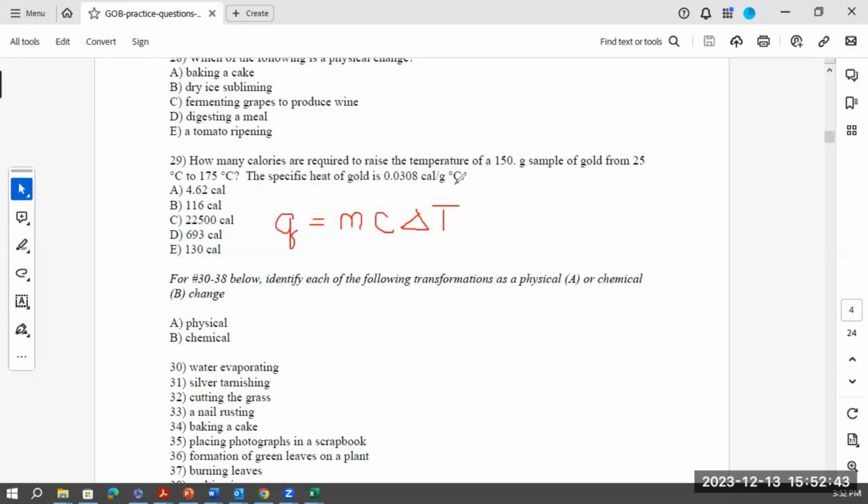And guess what? Our units are beautiful here. They work for us nicely. They're all in Celsius, so we can just do straight subtraction. So we go from our final temperature, which is 175 minus 25, and that's going to equal